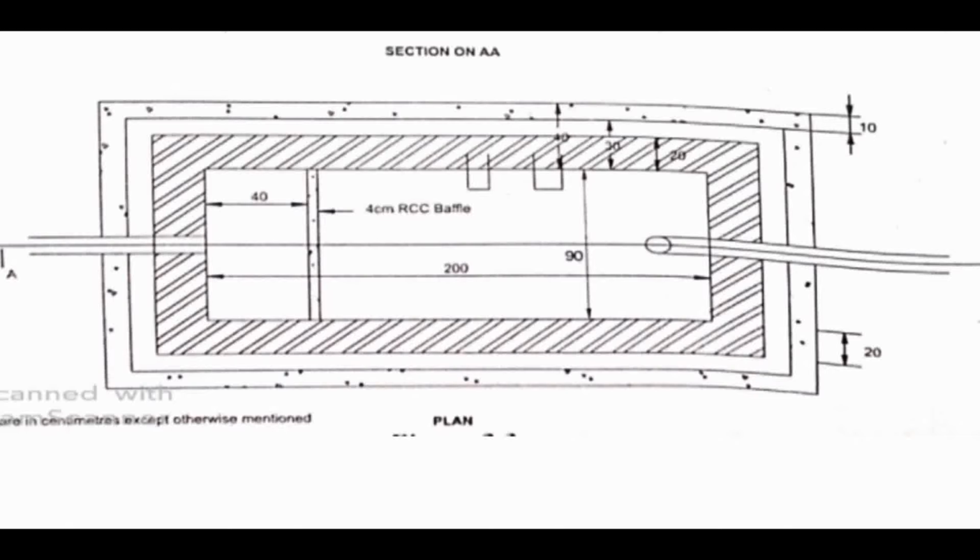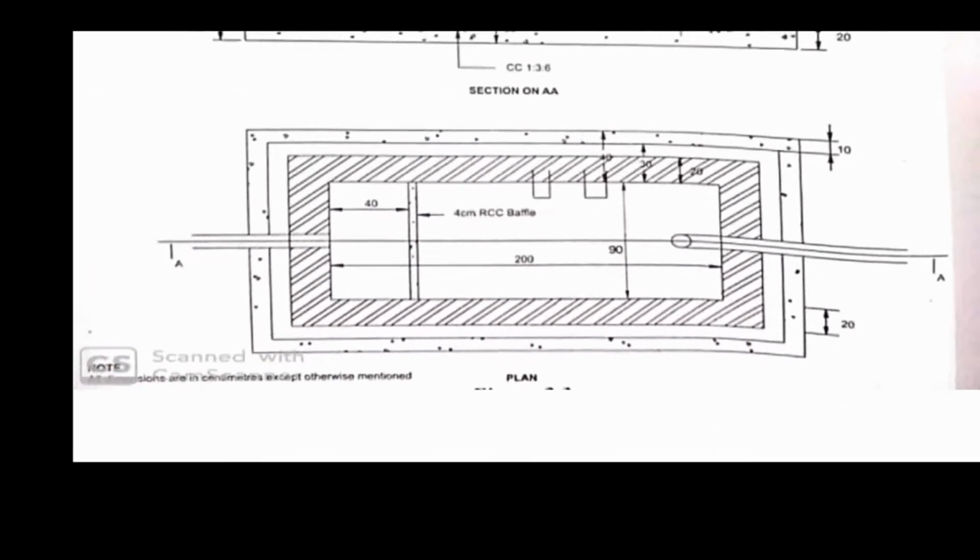but I need outside to outside. And you can see here in the top portion the thickness they have given, that is 40, 30, 20, right? So outer to outer means what? The larger thickness which we have to take is 40, right? If I take the 200, that 40 is all round, right? So 200 plus 40 on one side and plus 40 on the other side, it is 280, right? So I can get the length as 280, and if I take the breadth, here you can see 90 is the inside to inside dimension, plus 40, we are going to get the breadth also, right? So this is how we get the length and breadth.